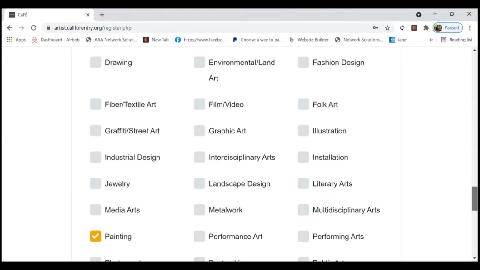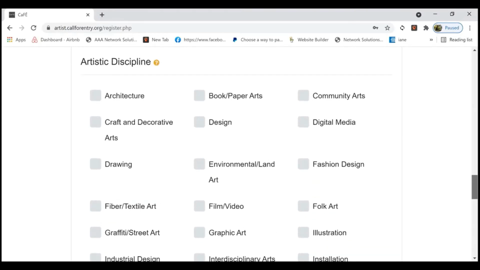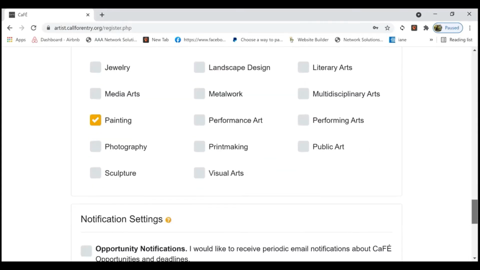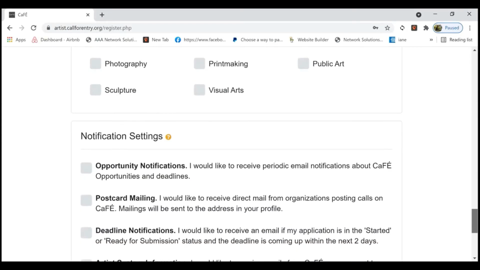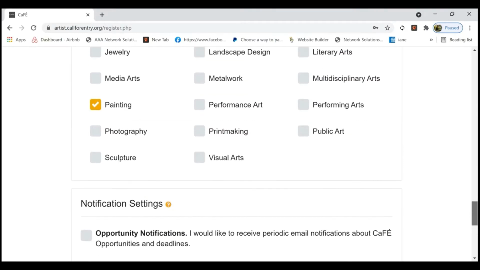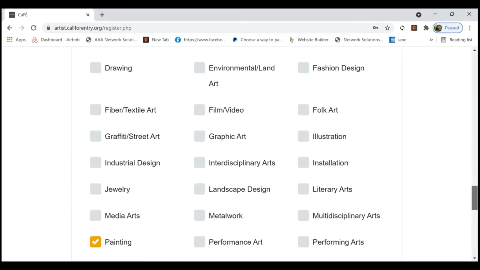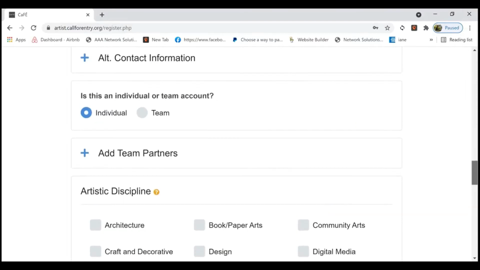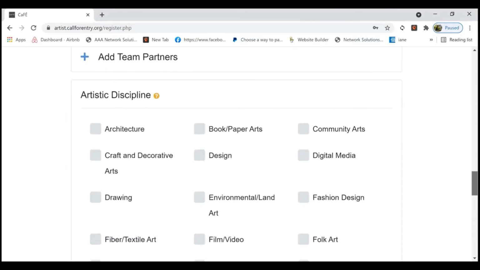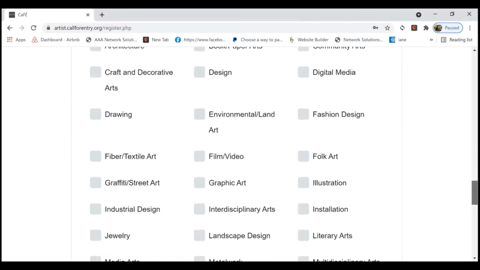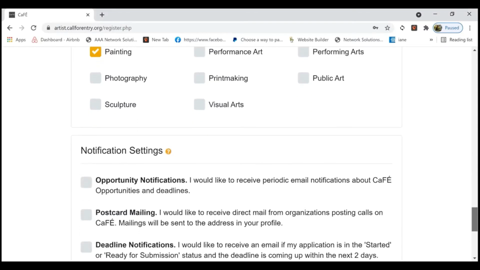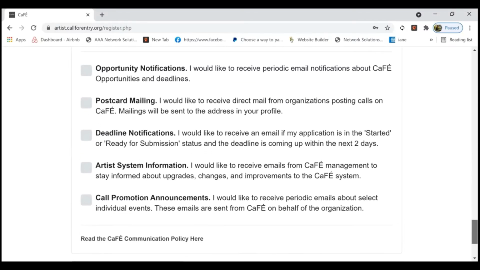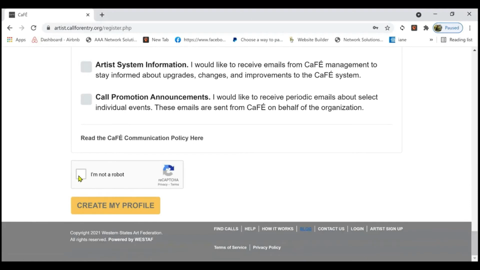There's textile and fiber, there's drawing. We don't really care. We actually ask for the medium of your pieces in your application. But if you want to do other Cafe applications, make sure to check what's appropriate for you, because then you'll get calls for that type of artwork. And how do you want notifications? I'll take email notifications that meet my criteria. I am not a robot. Okay, so